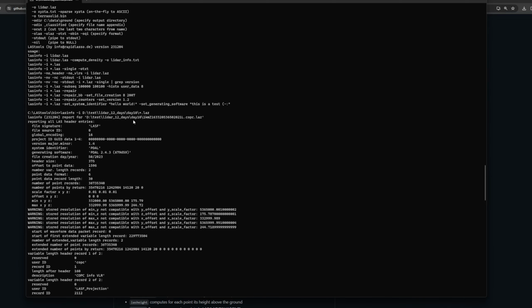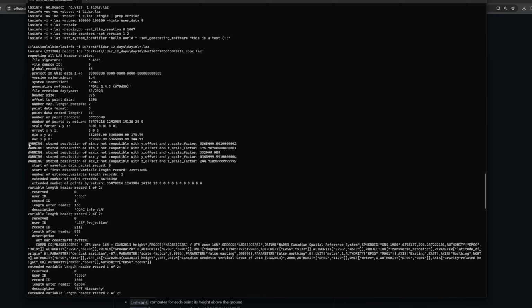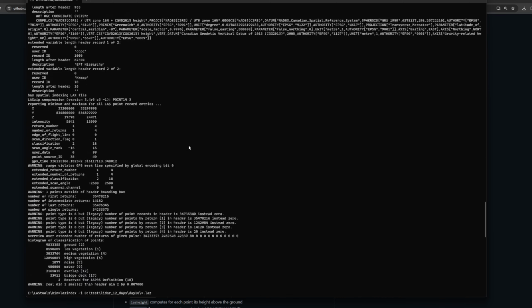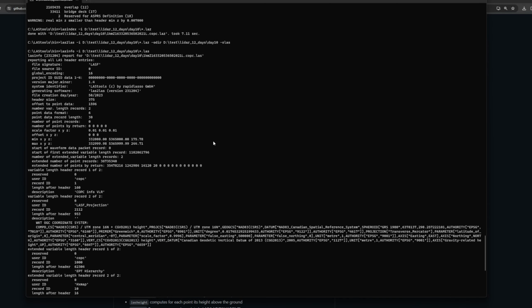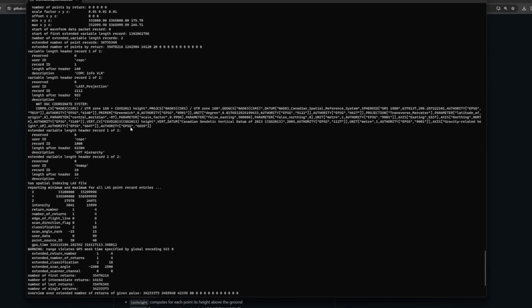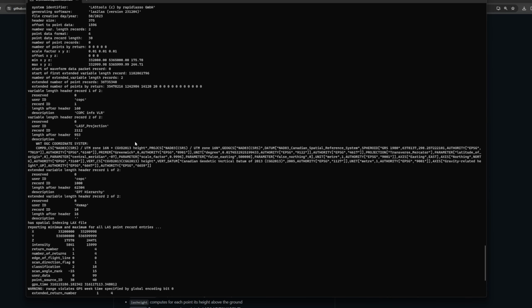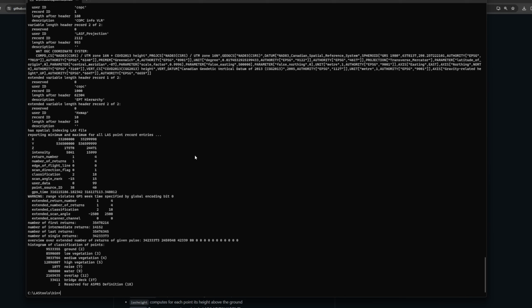But you might have noticed up here, there was some complaints about scale factor and everything else. Those can sometimes be ignored. It depends on the tool you're using, whether it cares or not. But that LAS2LAS function has cleaned up a lot of those for us. So it's really nice that it will do that. So if you're running into some problems or the tool you're using is being picky about that, we can sometimes just get around it and ignore it by using LAStools to clean it up for us.